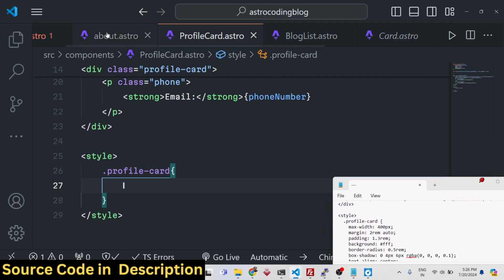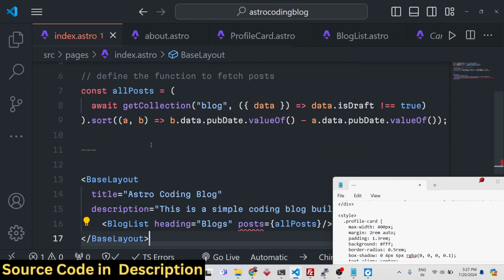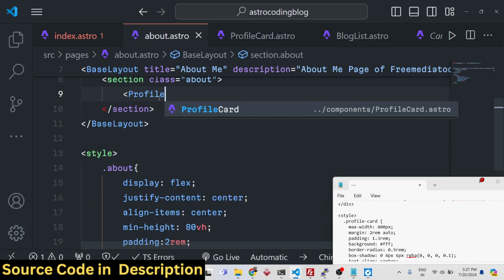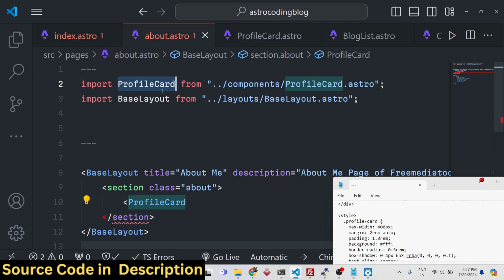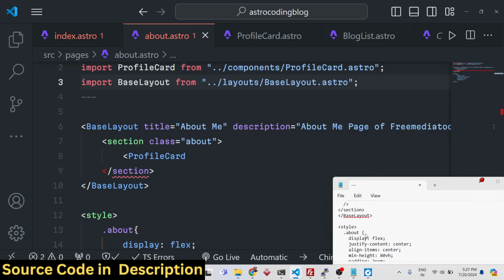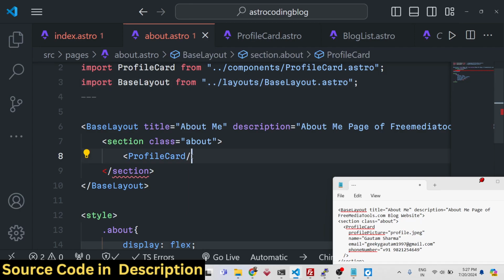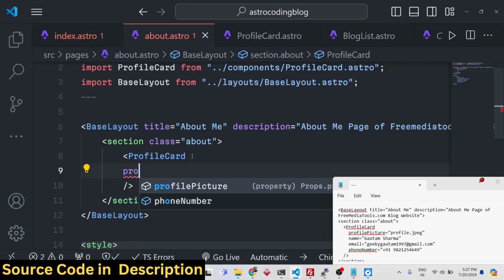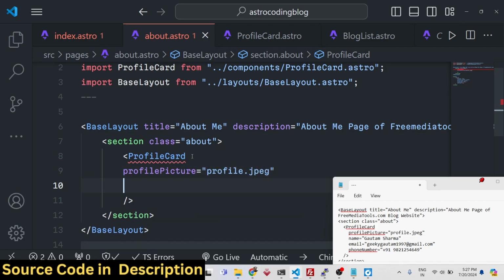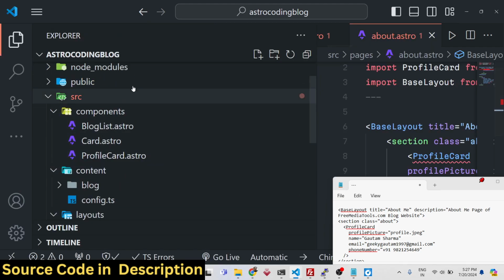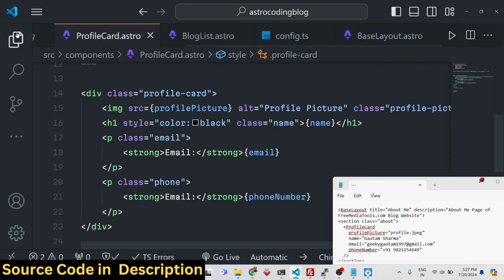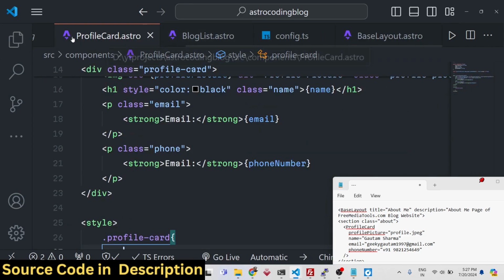Now if you want to call this inside your about page, you can simply write profile card. It will be imported. You will see import profile card at the very top, and here we need to pass four properties to this. First is the actual profile picture, and it is present in the public directory, so we can directly access it. So you can see that the profile picture is present, so we are directly passing this as the first property. The second property we need to pass is the